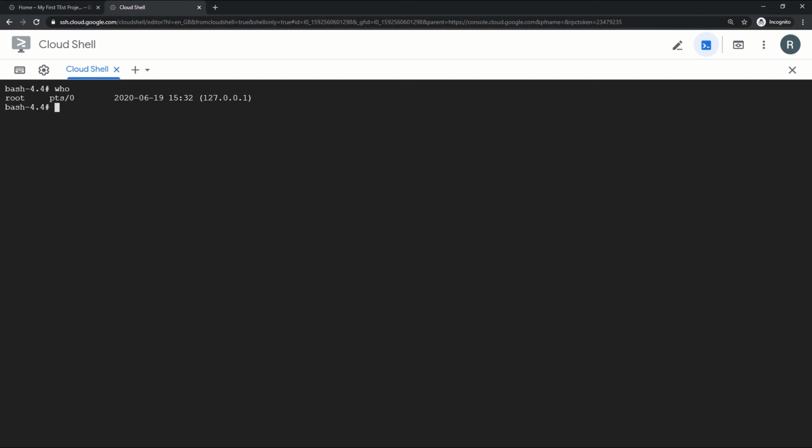Friends, complete Linux scripting and Linux commands are applicable here. Along with that, it's built in with gcloud, which is the way to manage your Google Cloud account. So gcloud is already there.